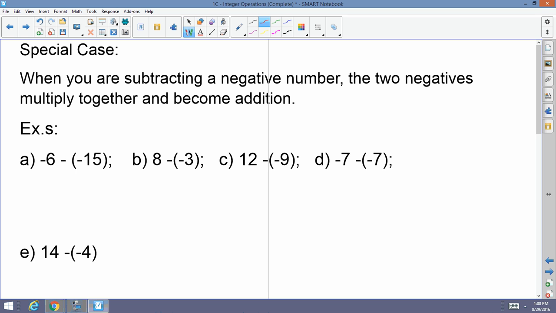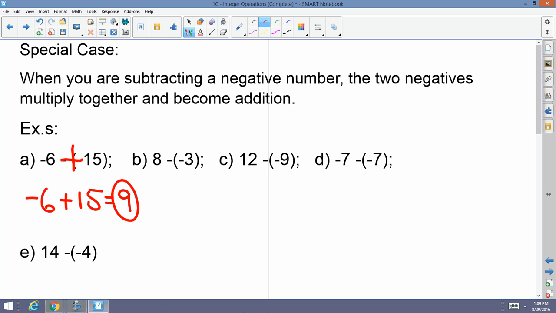So for example A here, I have negative 6 minus a negative 15. Well, negative 6 minus a negative, this cancels out to a positive because a negative times a negative is a positive. So negative 6 plus 15 is really how this is read now. And when the signs are opposite, you subtract and keep the sign of the largest absolute value, which would equal